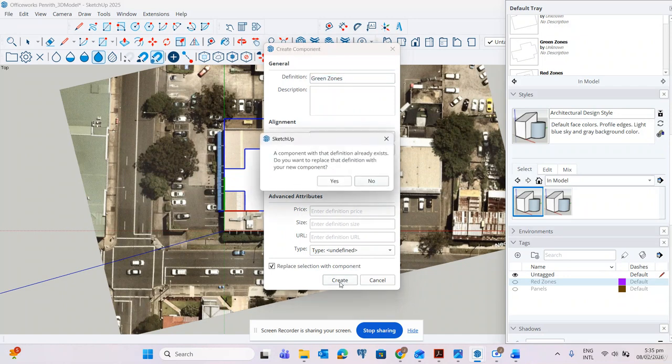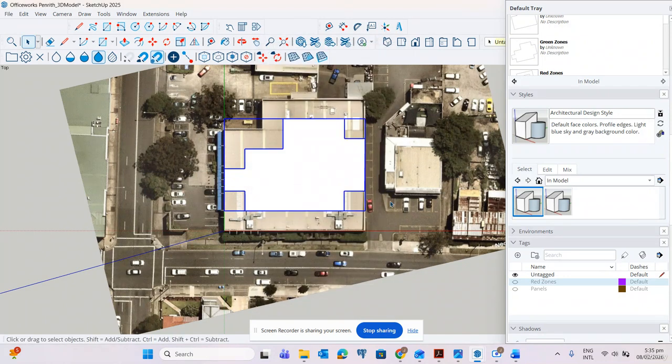Copy, create, and then create also a tag, add tag, right click, paste, and then click the green zone and select the tag tool. Select the object, spacebar, we'll try to hide. Okay, good.